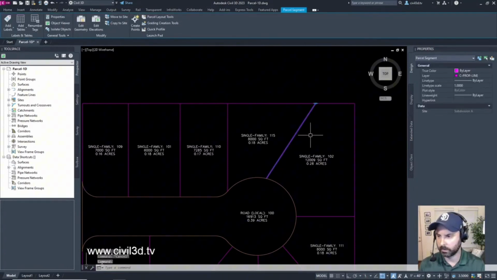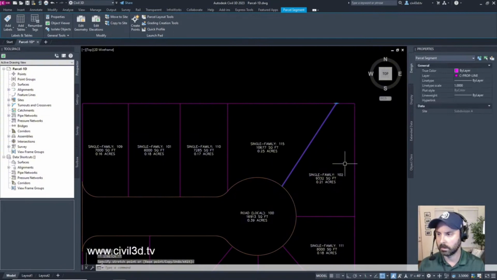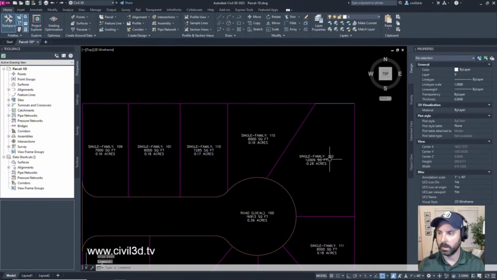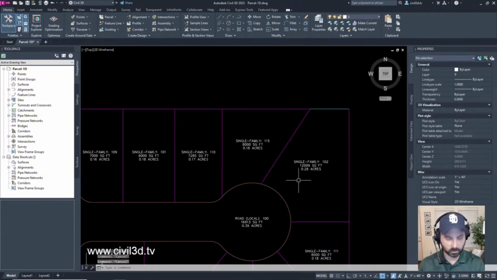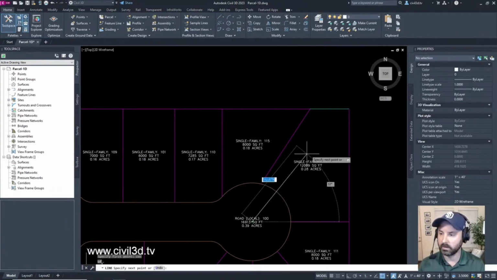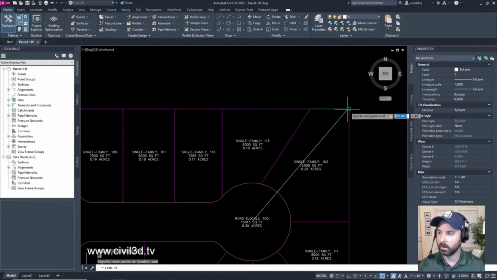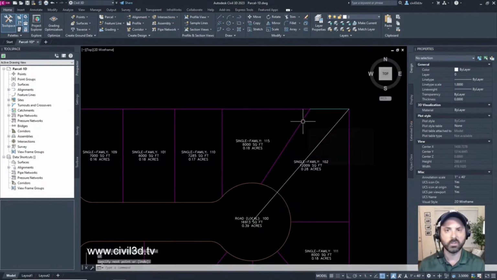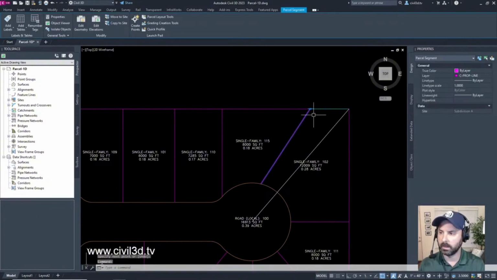What happens if I do this? Undo that. What if I want to put in a line from the center of my cul-de-sac all the way over to this corner? This is just a construction line. If I select this, I come over.